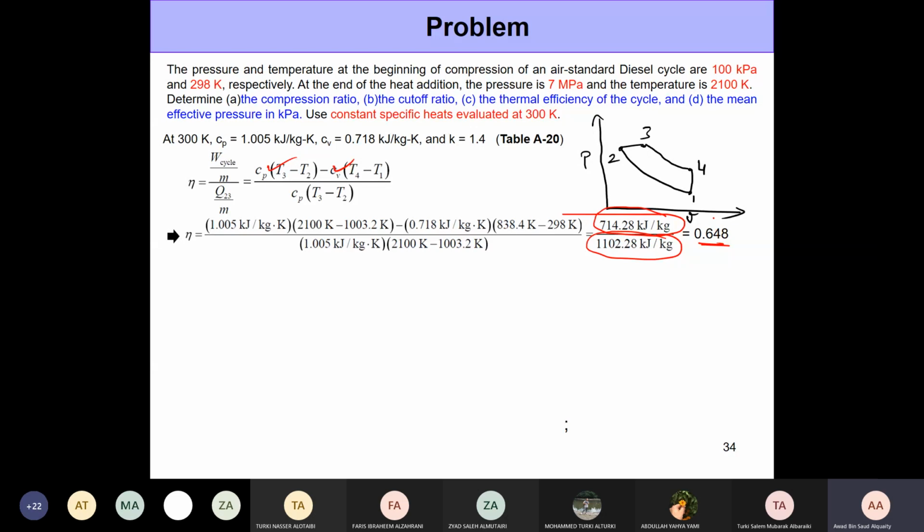This again is much higher than the efficiency we saw even in the ideal Otto cycle that we were looking at before, right? And again, this is an ideal efficiency. This is the efficiency for an ideal cycle. The efficiency for an actual engine is going to be lower than this, but the trend is sort of the same, that the efficiency of a diesel engine is going to be higher than the efficiency for a gasoline engine, right? So if you talk about actual engines, we are sort of having efficiencies of about 45%, and we're moving towards 50%. So it's sort of, you could say, not very far off from the ideal calculation that we just did here.